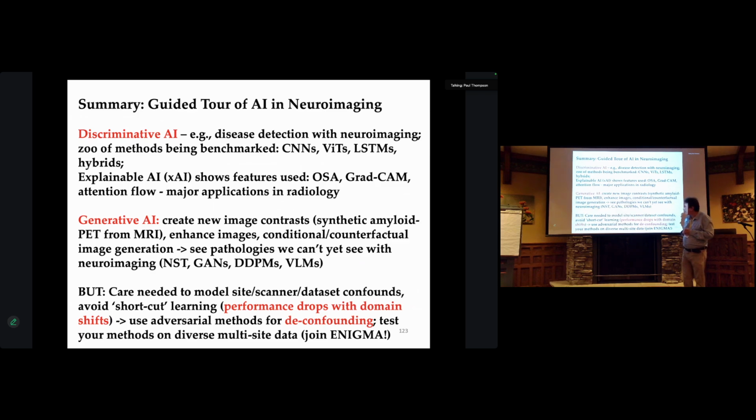very promising. The final warning is that care is needed to model the site or scanner or data set confounds. So to avoid shortcut learning, there's actually a set of methods for adversarial deconfounding. And so if you're worried that it's learning something about the scanner or the scan protocol, you can actually put an adversary in your neural network that comes from algorithmic fairness. It competes out signals from the latent space that would help to classify that scanner. And so these adversarial methods for deconfounding are very popular right now. And if you want, you can join in it. So if you want to test methods on diverse multi-site data,